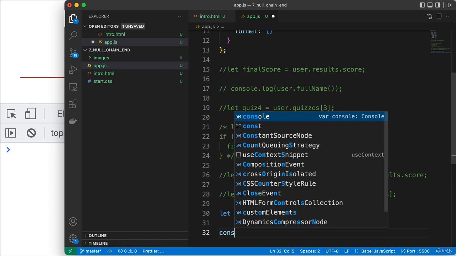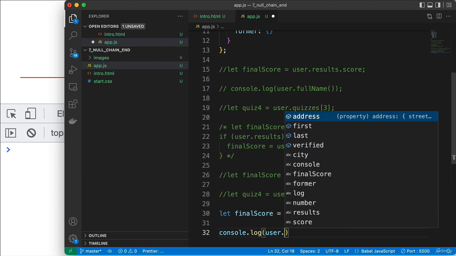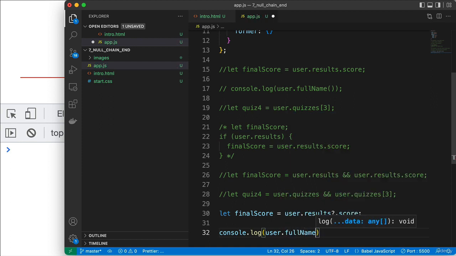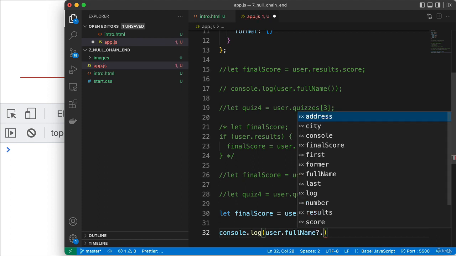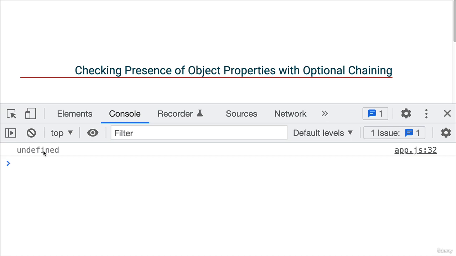Let's say we wanted to access the full name method that should exist, but may or may not exist, and we're not sure. We would just want to make sure we don't get an error when we're trying to access this. This is how we do it with the optional chaining operator. Notice we have the name of the method here, the optional chaining operator, and then the double parens to invoke that method. Okay, so if we go ahead and save that, we can see we don't get, well, it does invoke it, notice,